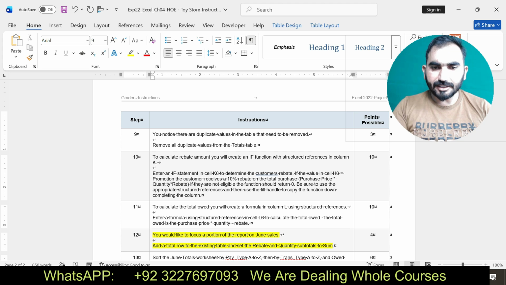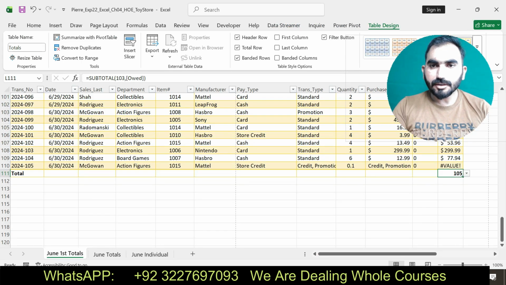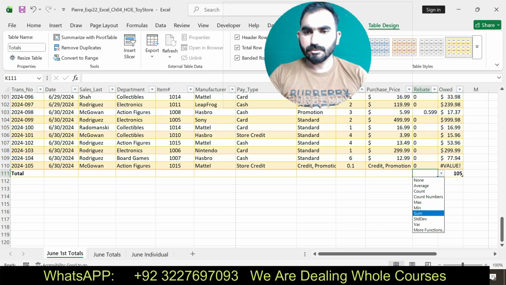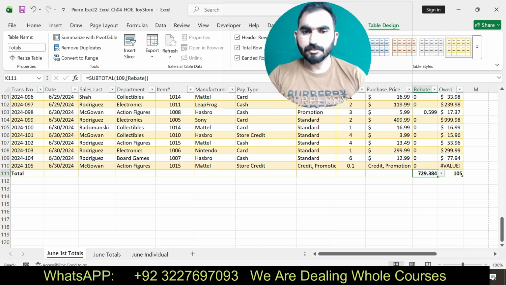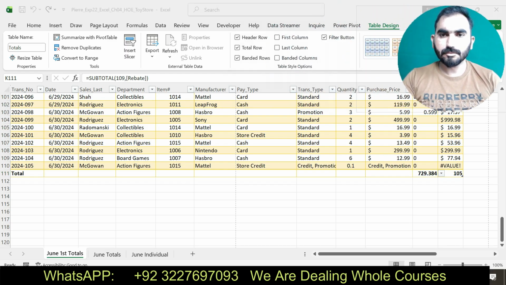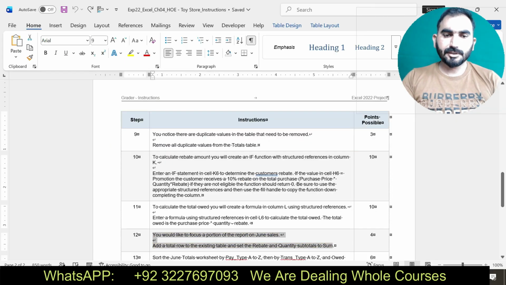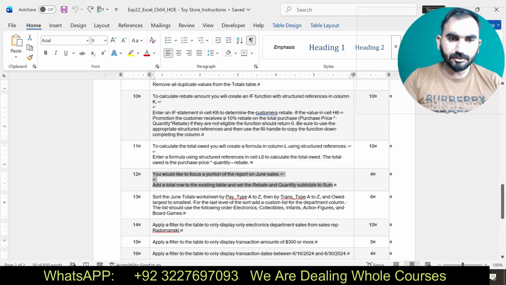Set the rebate and quantity subtotals to sum. Now I'm going to move to my next step.